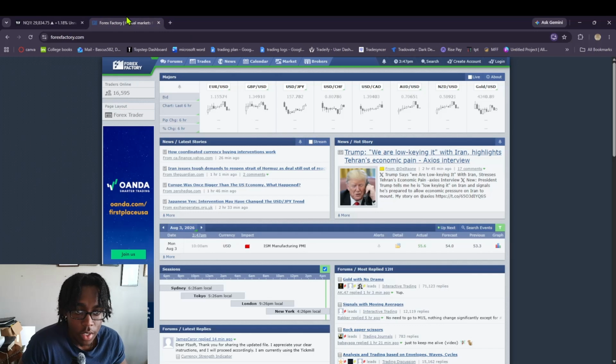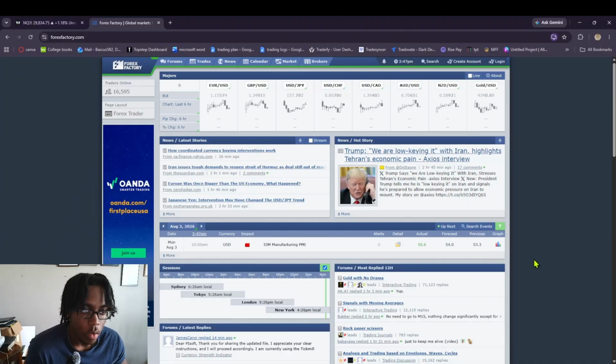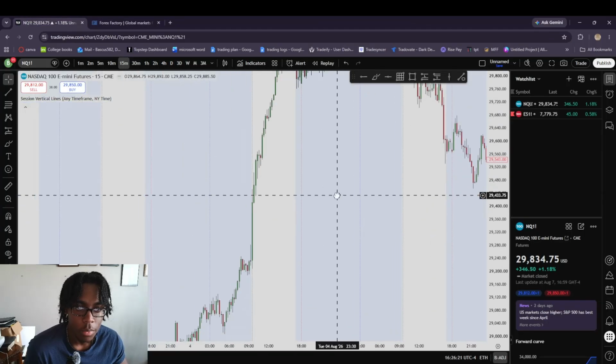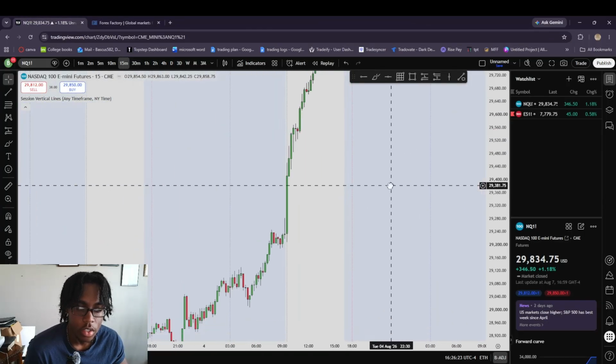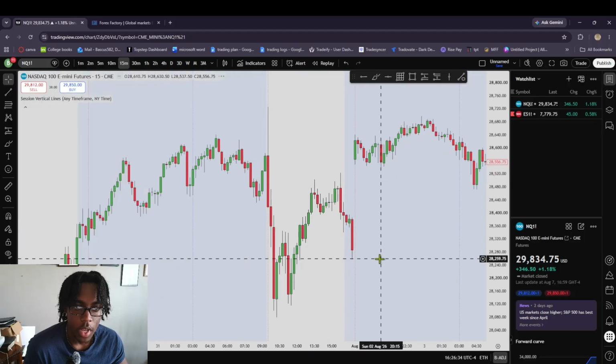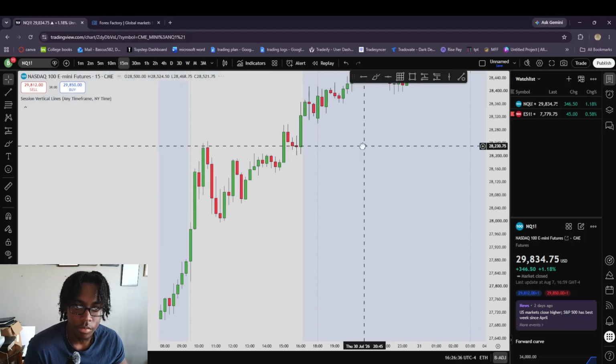You guys can use this website called forexfactory.com. This is what I use to check my news to see when it's coming out, what type of news is coming out, and all those different types of things. And the thing with news is, depending on what type of news it is, sometimes we can get really big reactions off of the release of the news. And that explains why you will sometimes see a normal looking market go extremely bullish or bearish